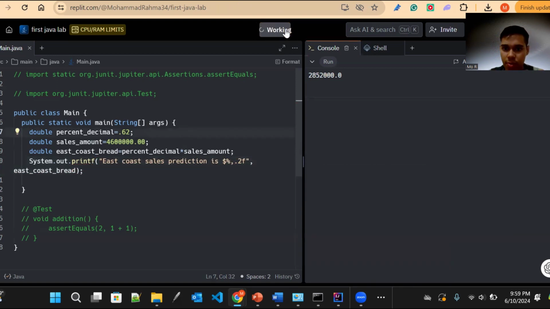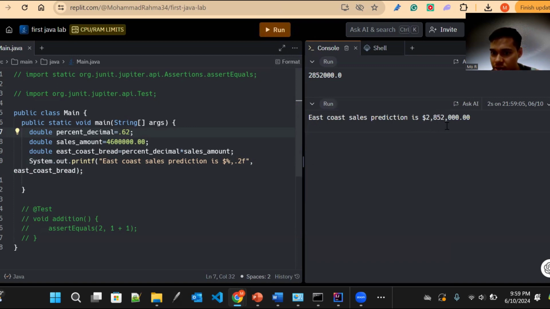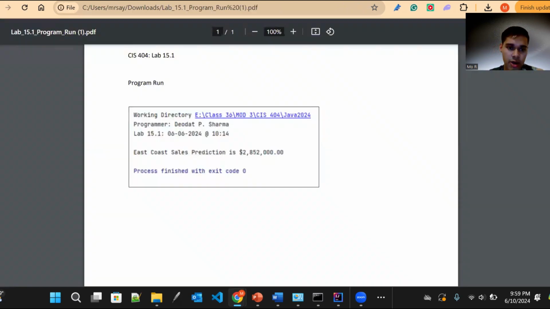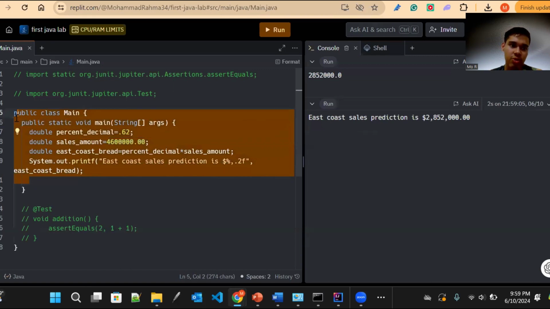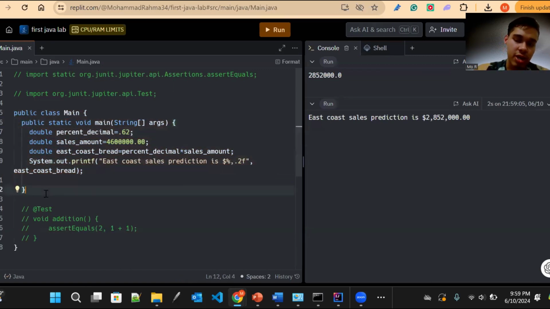So it's formatted properly. Let's run this one more time. It works, and here we have it: 2,852,000. That is it. That is our answer. We have it. I'm not posting this on the group chat, nor am I posting this on Discord. I'm just going to post this